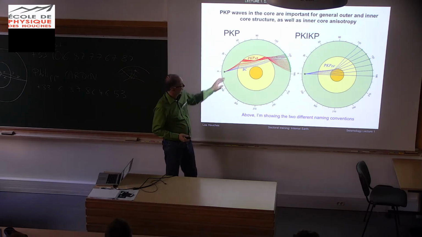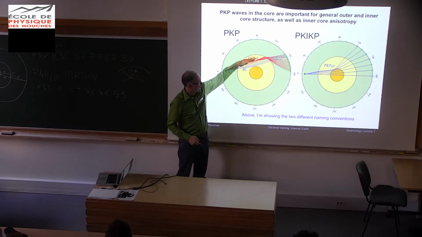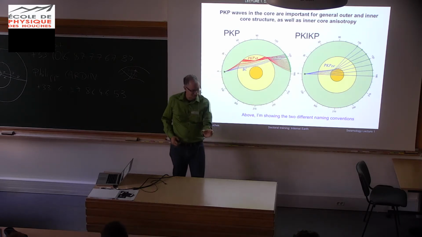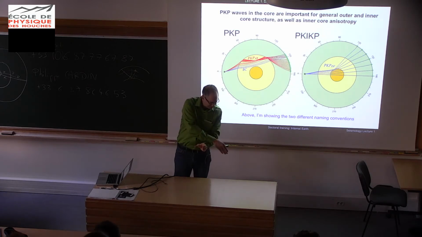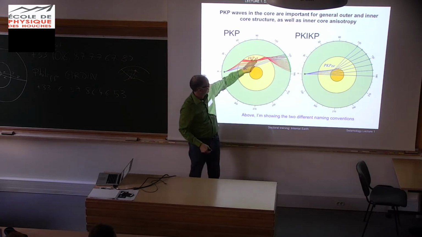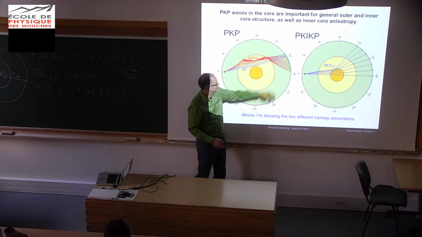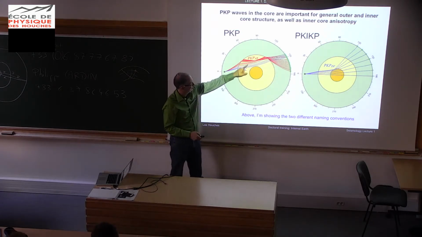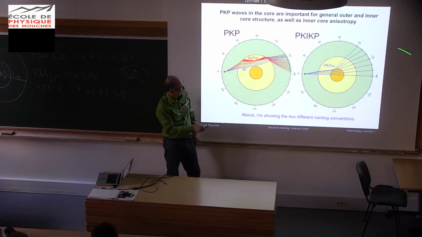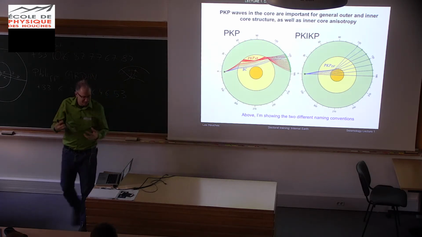The core waves, now this is where I'm putting the initials here for the AB, and the gradient in the core changes. There's an interesting caustic. You know, when you look at your beer glass and the light's shining through and the reflection on the table has this funny bright spot that looks like a stoned butterfly? That's like a caustic. The same thing happens in the middle of the outer core with the energy. And so one wave kind of departs and you have these different paths. In the deeper core, this is a different wave. And so you have these different guys to study the inner core for the heterogeneity, the anisotropy.